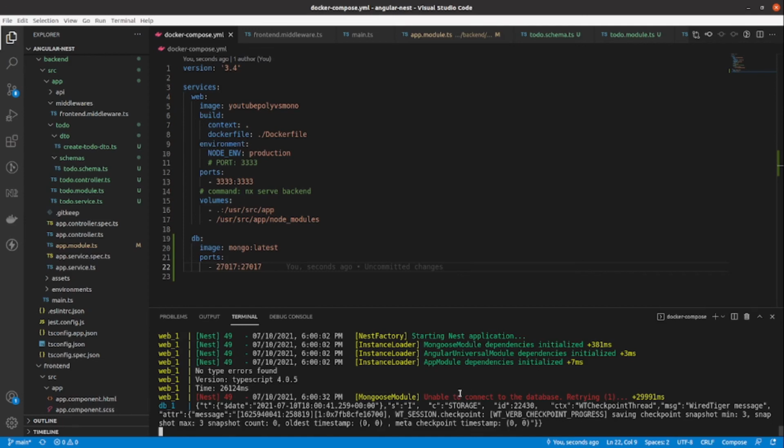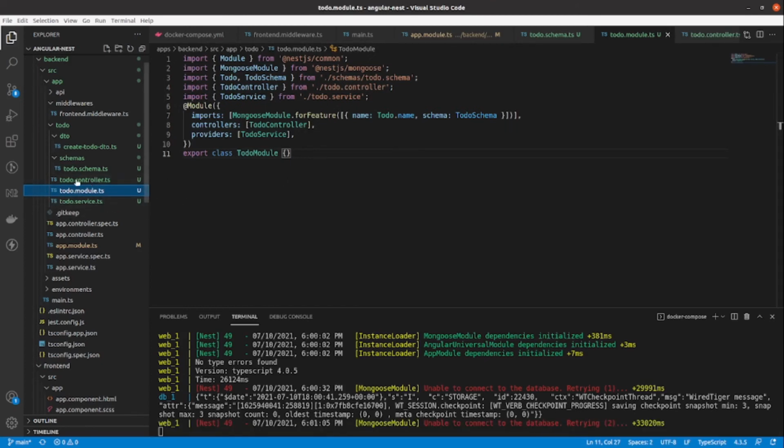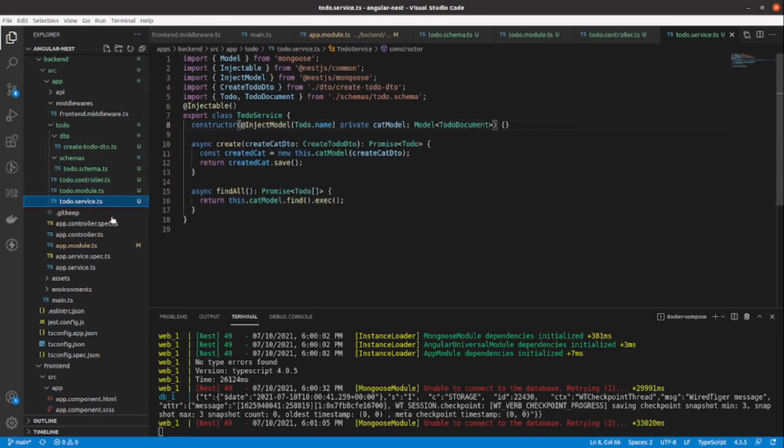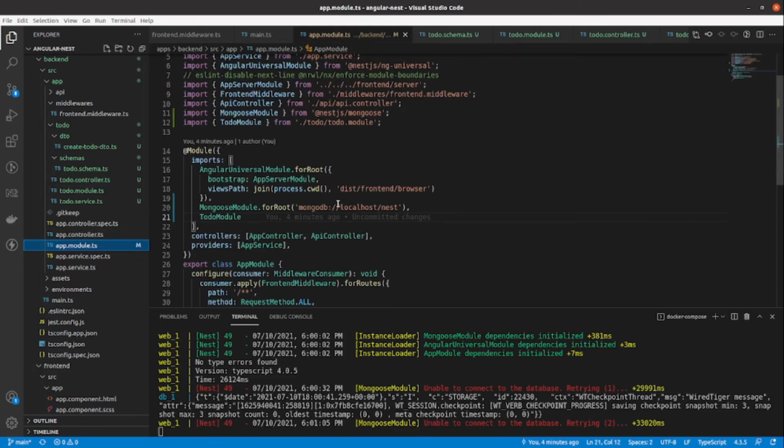Okay, but now we do have this error here. It's telling us that it's unable to connect to the database. Okay, let's check out why that is the case. So what URL did we use? In the app module, we are using a MongoDB localhost to connect to the database Nest, but this localhost is wrong